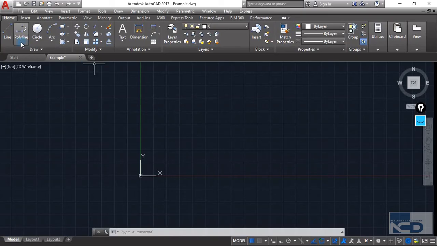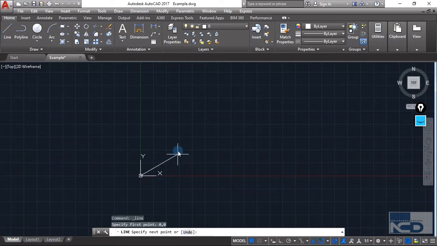So now again we are moving on to our line command, and for the first point let's take it as 0 0. It is fine to use a mixture of all those values, like using relative coordinates as well as dimension and distance. You can do that whenever you are required. And this time I am providing 0 0 and that will be taken as this origin. And now we are moving on over here,